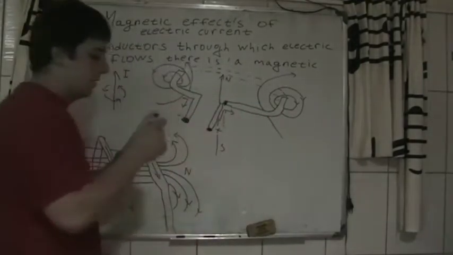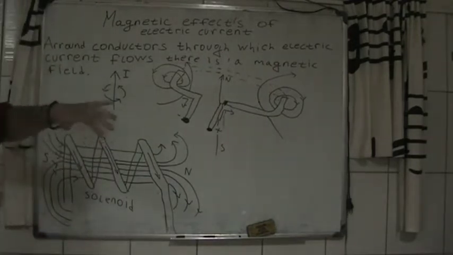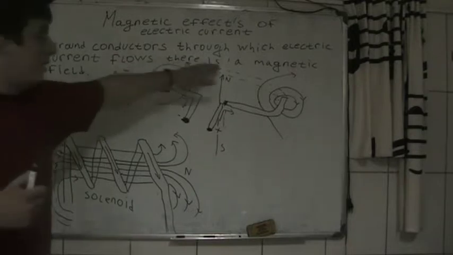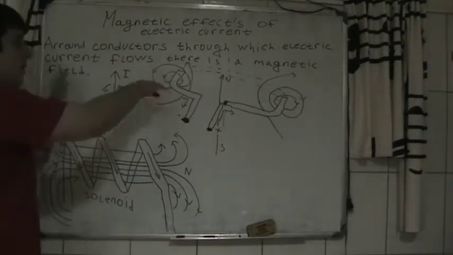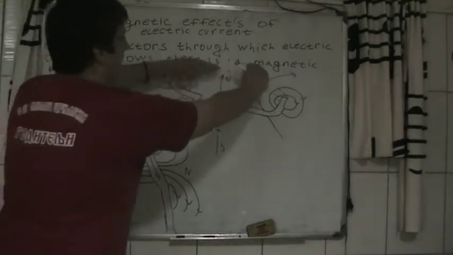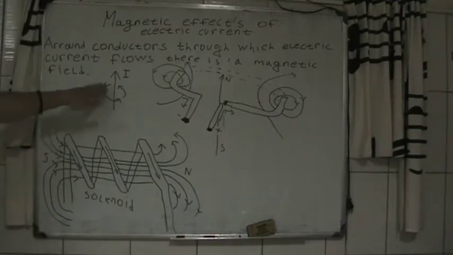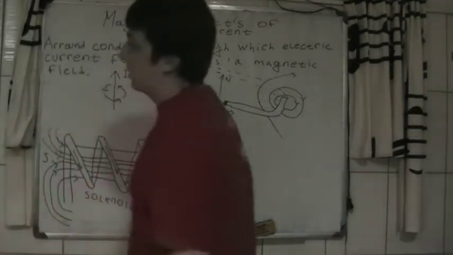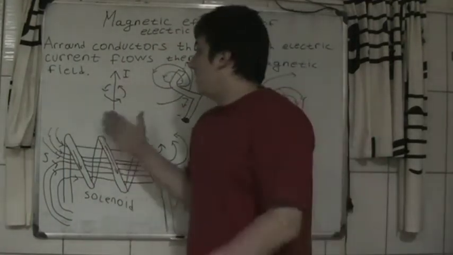of electric current. Okay, so around conductors through which electric current flows, there is a magnetic field. So here is kind of massive, but there is a magnetic field. Okay, so you have here a conductor. We all know what is a conductor. We all know what is an electric current, and